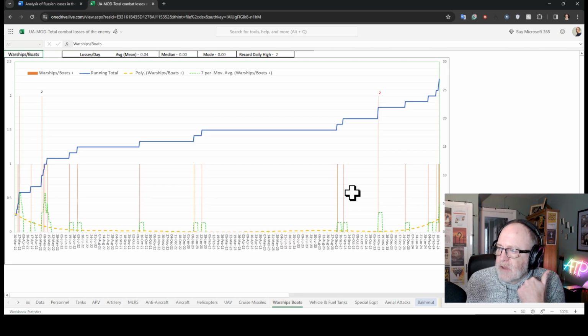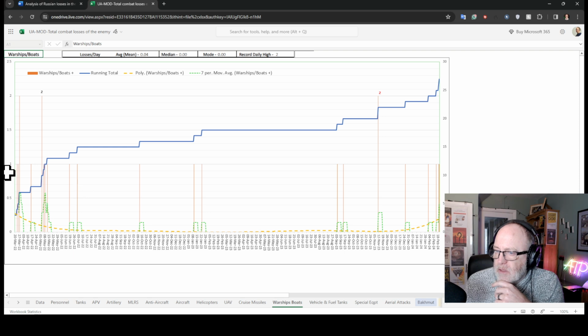Right, we do not have enough data to make any kind of story about warships, other than that from August onwards, I think maritime drones have become a thing. Some of these warships were taken out by Storm Shadow missiles and similar, of course. But I think maritime drones are definitely a thorn in the side of the Russians that simply wasn't the case all the way back at the beginning of the war.